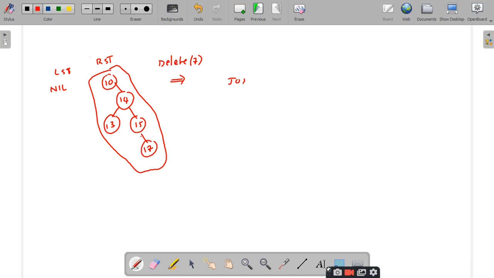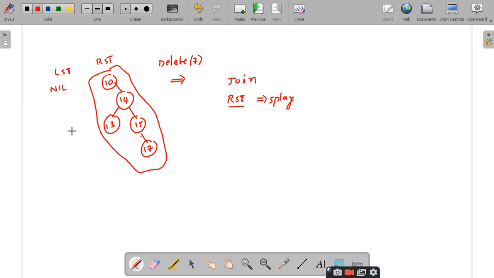So how do you perform a join operation? Since there is no left subtree, there is no largest element, so the right subtree becomes the final splay tree. If there is no left subtree, remember that the right subtree remains as it is and is considered the final splay tree. This is what you have to remember here. Is it clear?